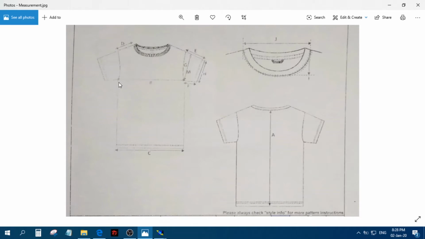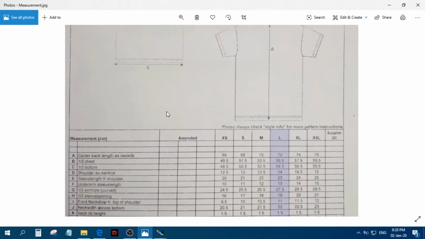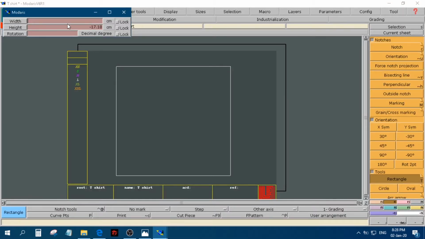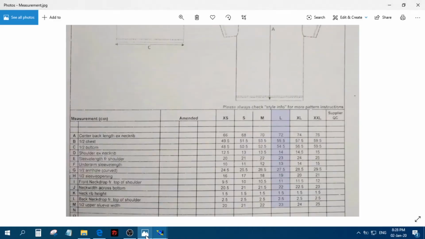So to make the rectangle, we have to put the width of the rectangle as the half chest measurement given here. The half chest measurement given here for the large size is 55.5, and the half bottom is given here as 54.5. Because we will be taking the chest size, we will put 55.5. But